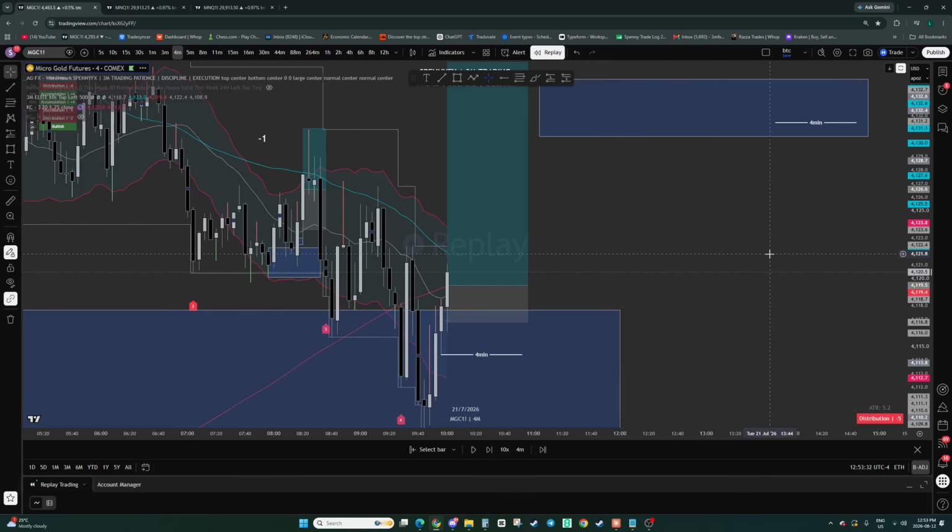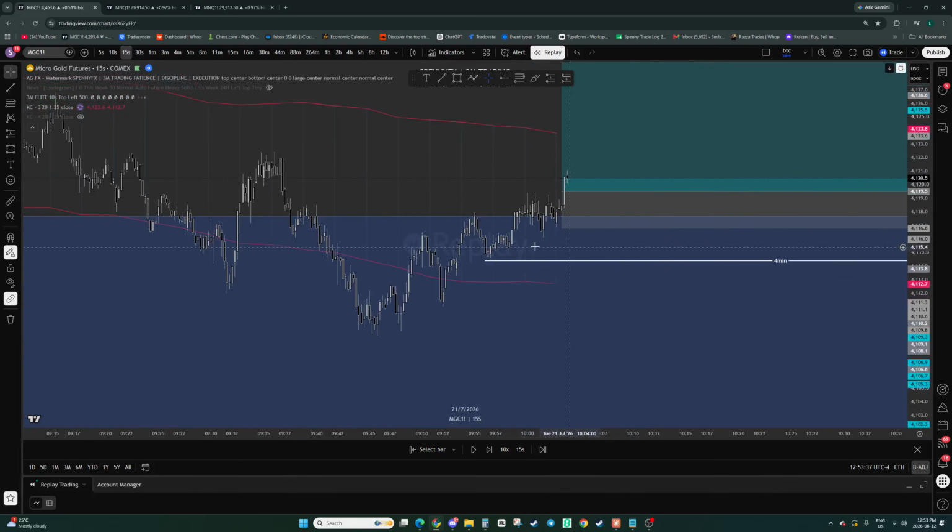What's the word? Just predicting that the candle was going to close as an engulfing candle. But going to the 15-second,